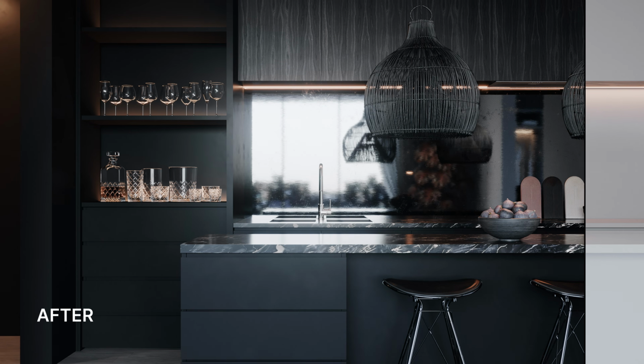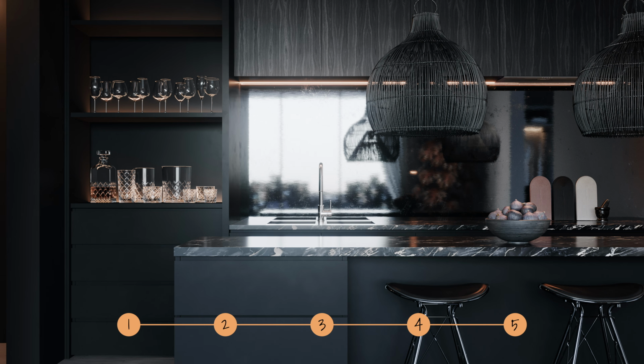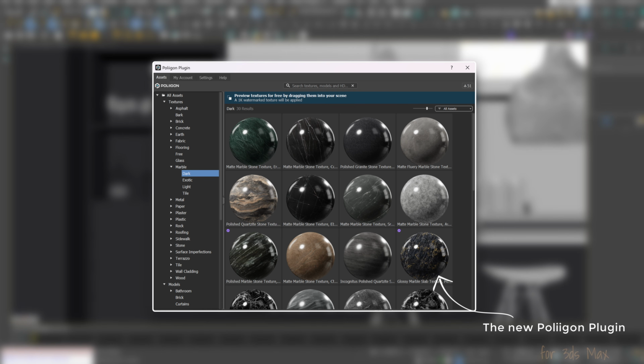Stop wasting time on PBR material setup in 3ds Max. I'm Aga from ArcVizArtist, and today I'll show you how to take your render from this to this in under 7 minutes with 5 simple steps. By the end of this video, you'll know how to cut hours off your workflow. No more wasting time on map hunting, messing material modes, or finding 3D models. All of that thanks to the new Poliigon 3ds Max plugin that drops in stunning ready-to-render materials and models in